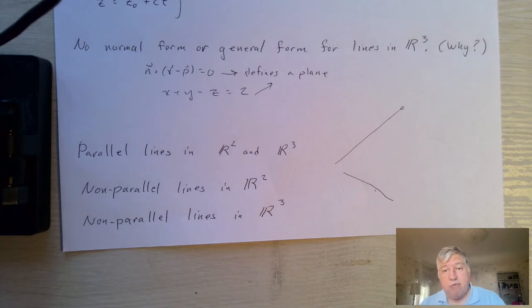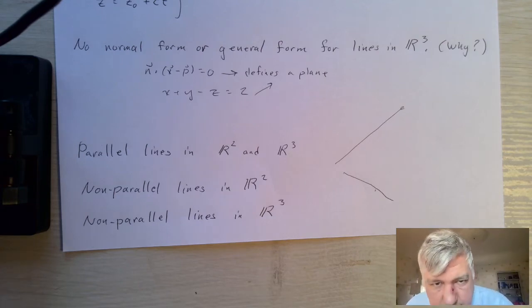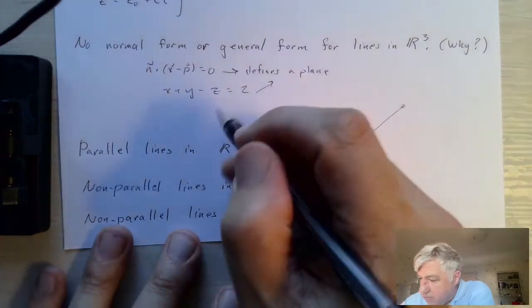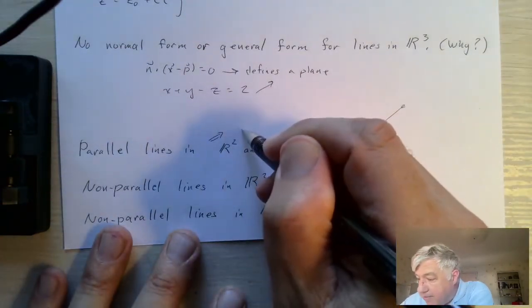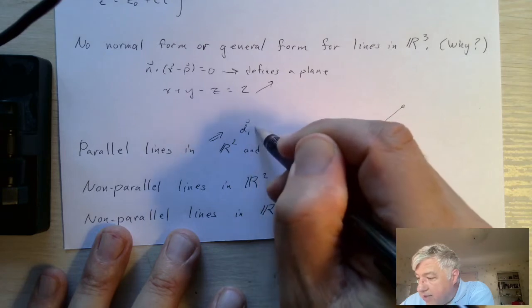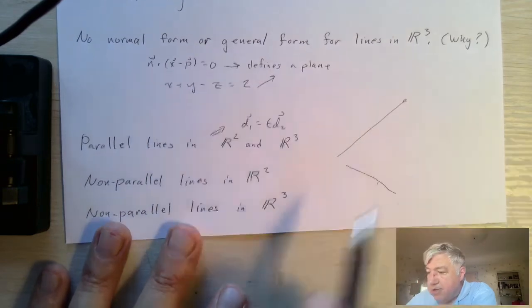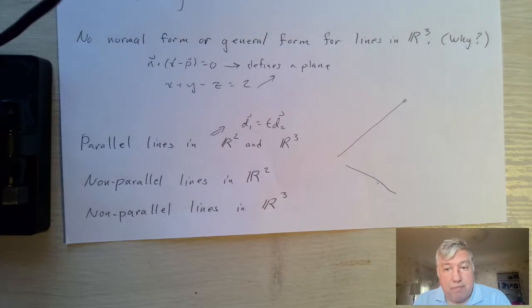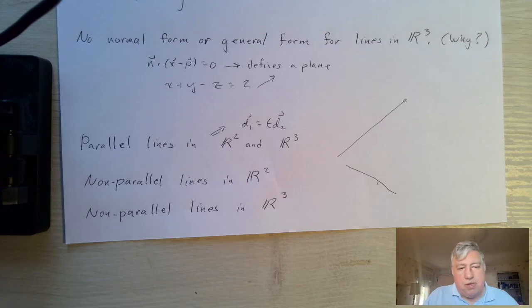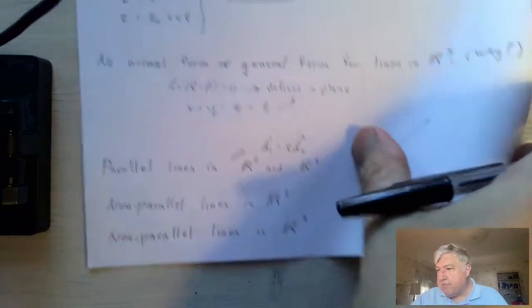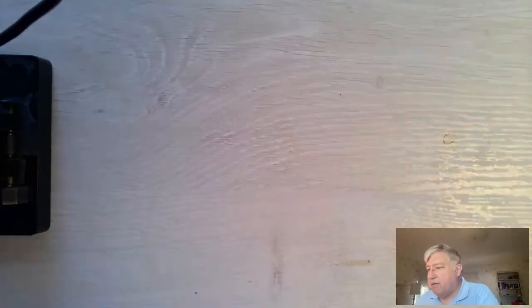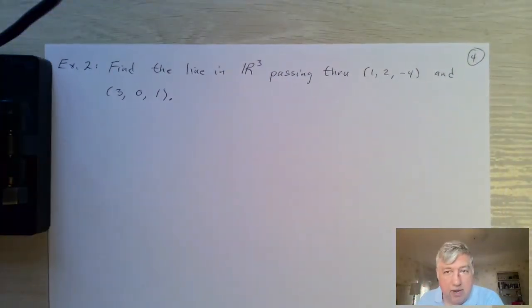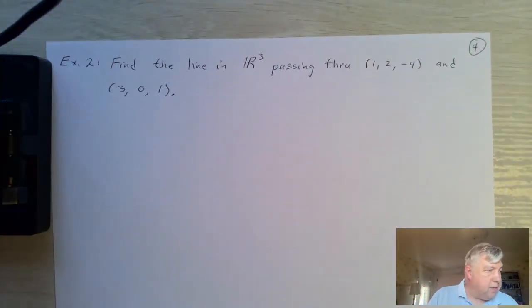In R3, we're still going to say that lines are parallel if their direction vectors are multiples of each other. Okay, so I guess the definition would be that if D1 is some scalar multiple of D2, then the lines are going to be parallel. Okay. All right. Now I want to get an example here. How would we find the equation of a line, or represent the line in R3 given 2 points? All right. So